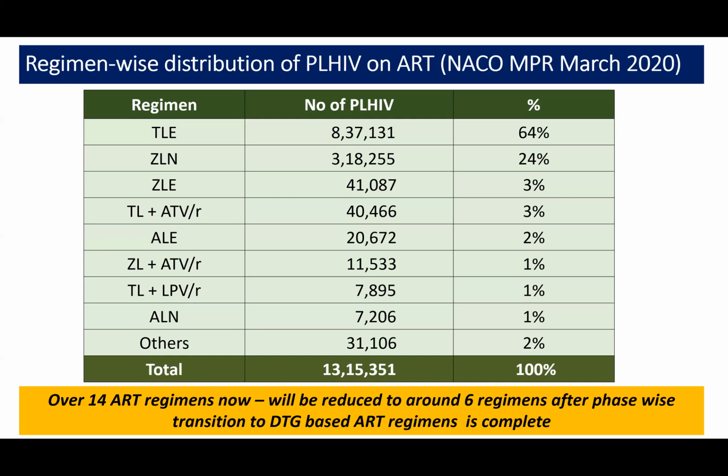It may be in transit. SACs might have received it till now. And as soon as you receive it, based on the viral load criteria, you will switch the patients to TLD based regimen with adequate counseling. So I'll leave it here, and every ART center needs to look into their own data to come up with information on how they plan to do these switches, and this has to be very smooth at ART centers.